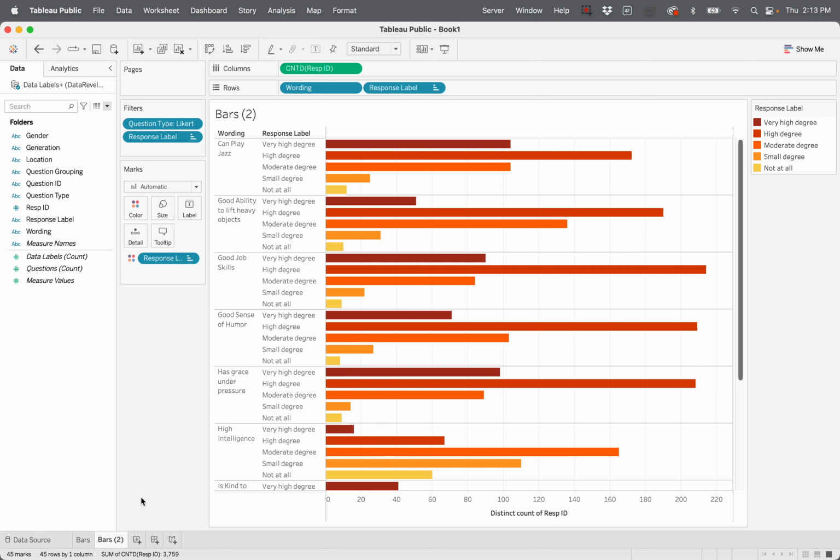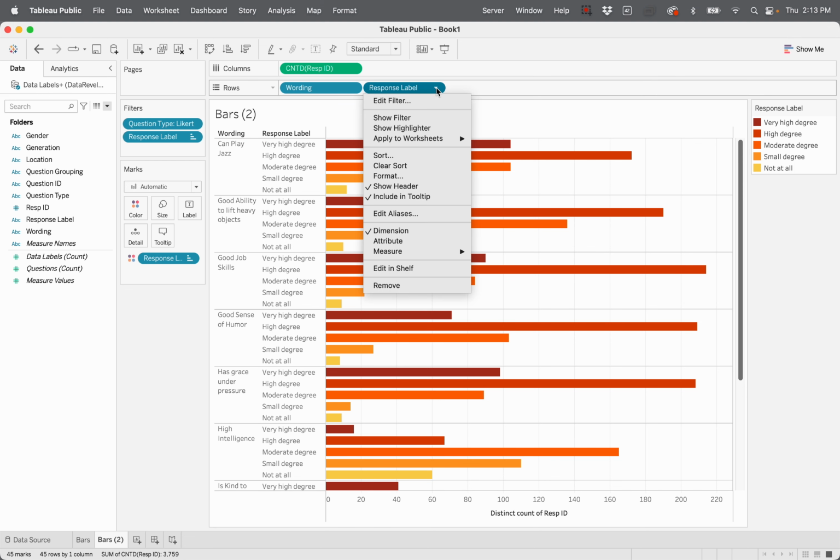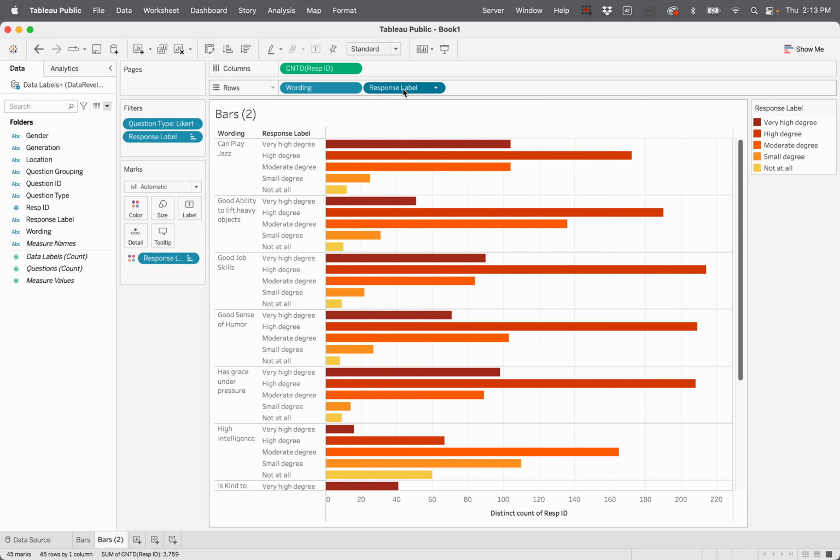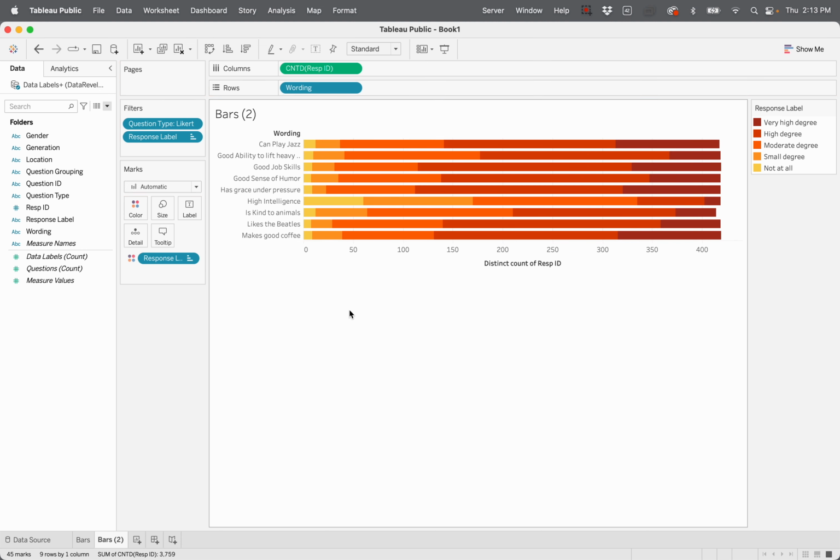Now with this one, I'm going to create the stacked bars, and it's actually quite easy. I'm in the section of the instructions called stacked bars for compact visualization. I can click on this pill for the response label and say remove. I could also click on it and hit the delete button. I usually just drag it out into no place, but that's just my personal preference. When we get rid of that response label, that's all we really need to stop making that vertical distinction between the responses, but we're still